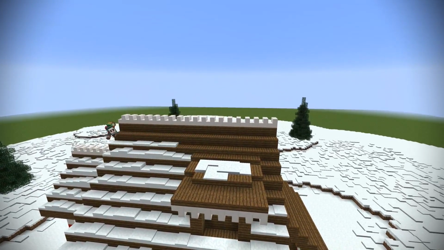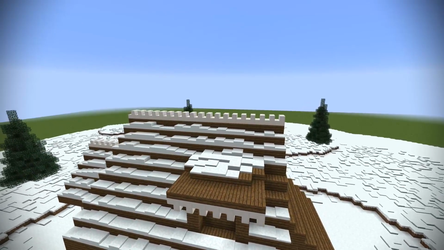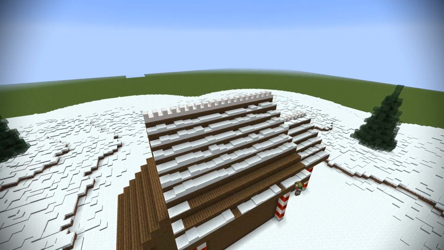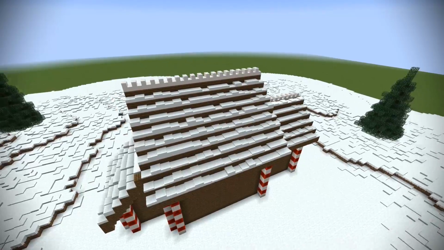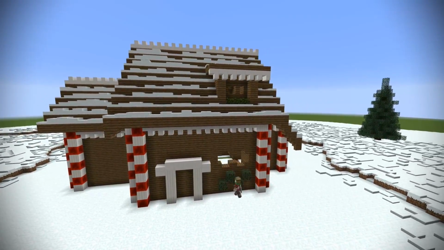And again, I'm just continuously placing more and more snow on top of the roof, and it's going to take a little while because, as you know, if you've placed snow before, you have to place a lot of it to bring it up to height, and I am just doing random height on this build. It's really easy to do, and as you can see, that's made a huge difference to the colour and contrast